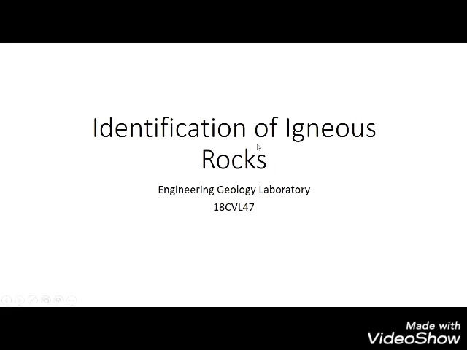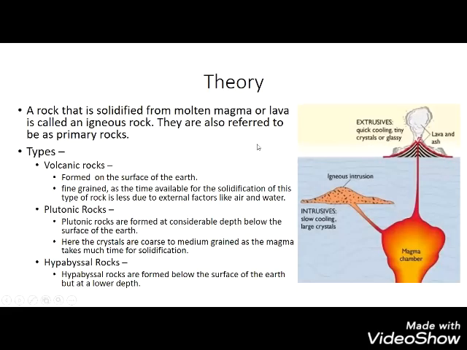Igneous rocks. Okay, what are igneous rocks? Igneous rocks are the rocks that are solidified from the molten magma or lava. These are also called primary rocks. Basically, there are three types of igneous rocks. The first one is the volcanic rock, the second one is the plutonic rock, and the third one is the hypabyssal